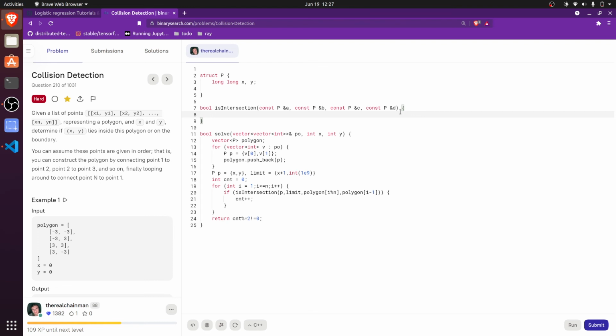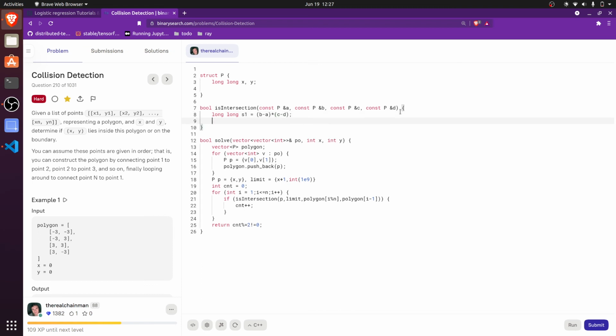So we need to get long S1, which is going to be equal to subtraction on these points. What I'm doing is basically making vectors by doing this. So I'm going to make a vector with this, and then this multiplication. It's going to be interesting what the multiplication is actually going to be. And then I guess C minus D. And then I guess long S2 equals